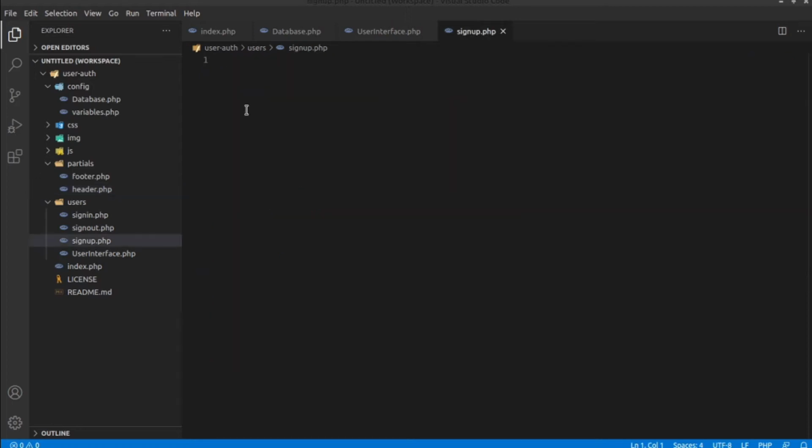Whenever someone wants to register himself to our website, they need to sign up. They need to sign up with their full name, email and password as well. In signup.php, at first we are going to include a few files. Include once. We are going to include our config file, config variables, config/. Make sure the spelling is the same as your file name. Copy this and paste it below. This should be database. These two files we need to include.